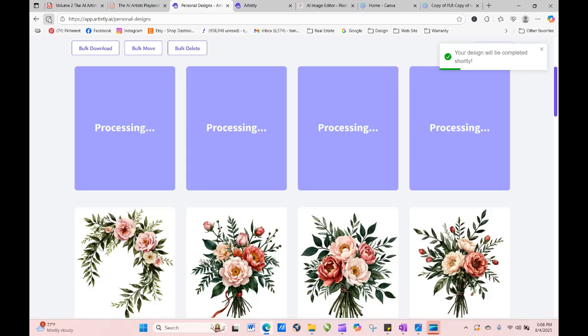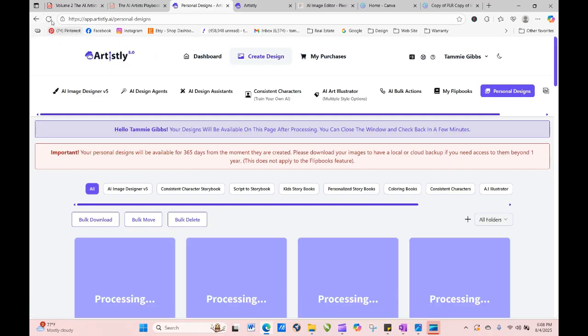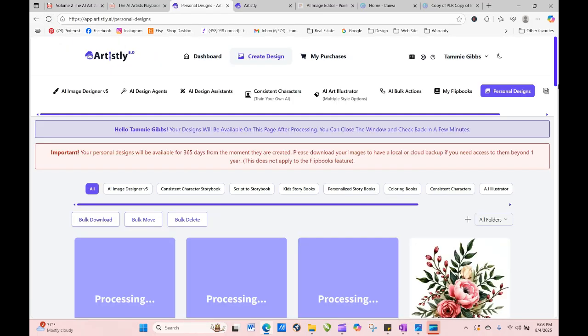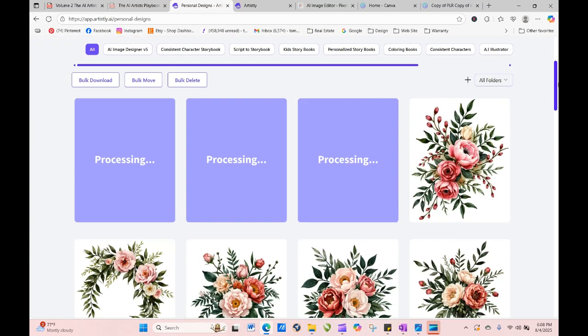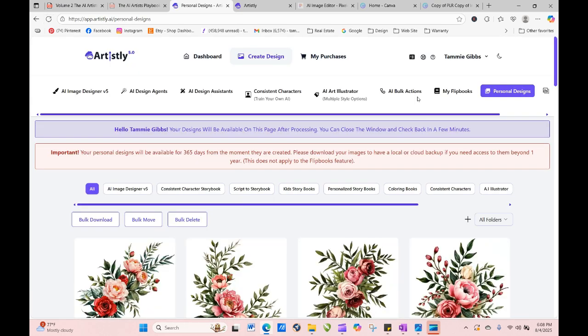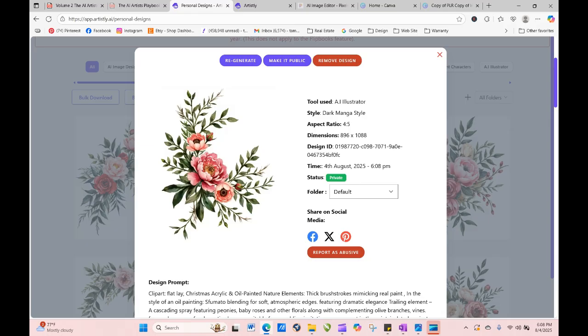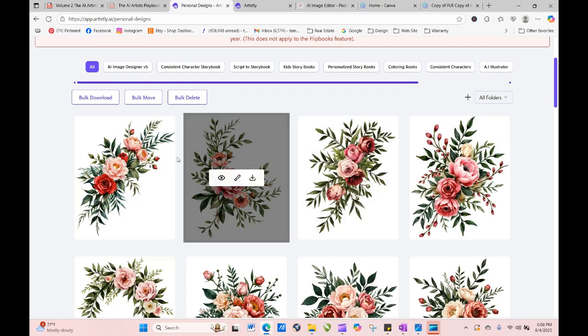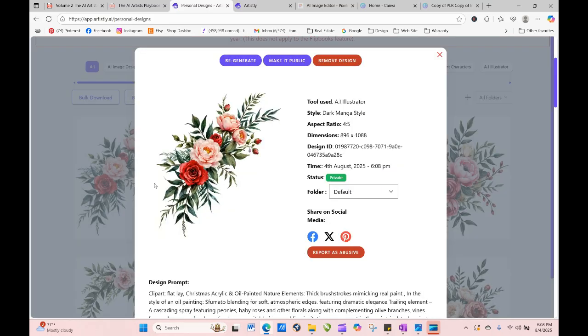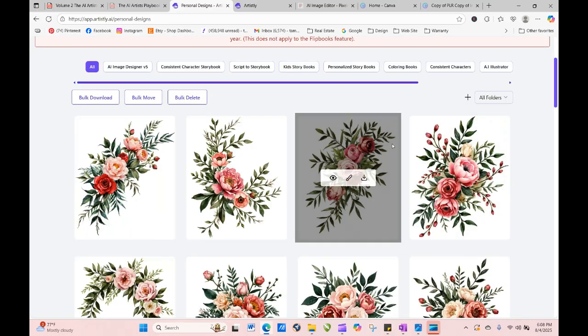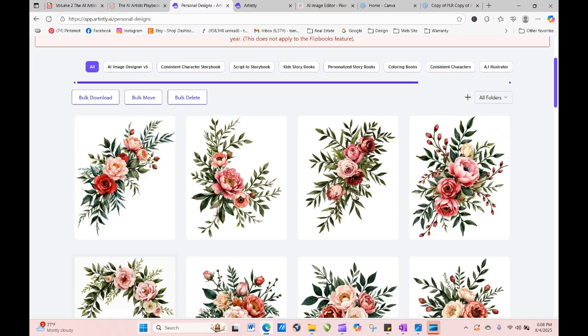Now we didn't give it colors. It's just doing the colors that it thinks we want, which are actually very pretty colors. And some really pretty elements as well. This would be really pretty for your invitations. This would too. So you've got your spray. All of those would make a beautiful